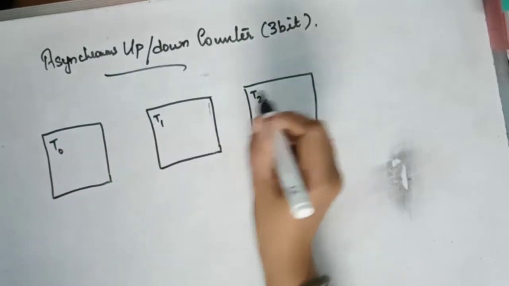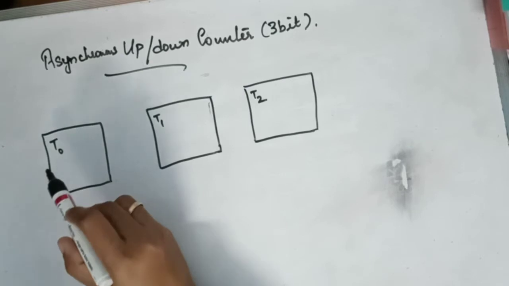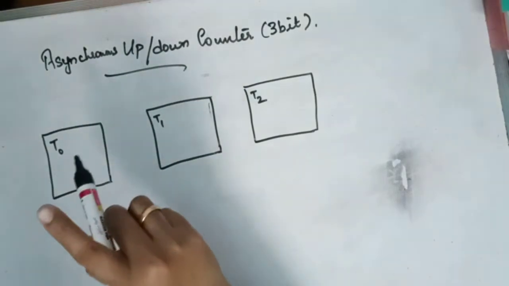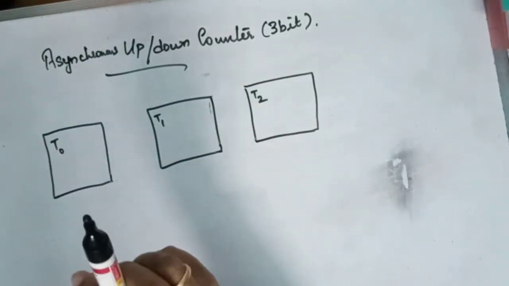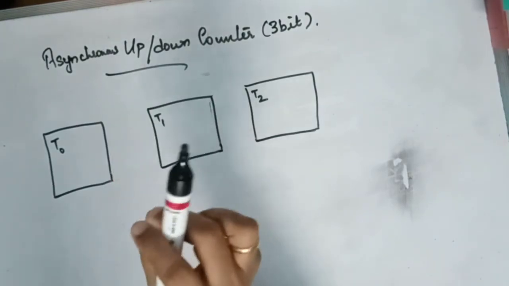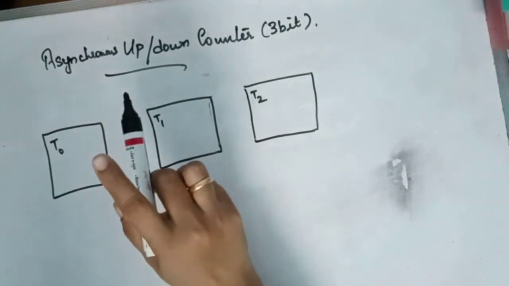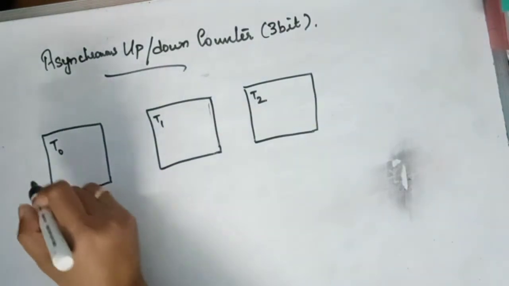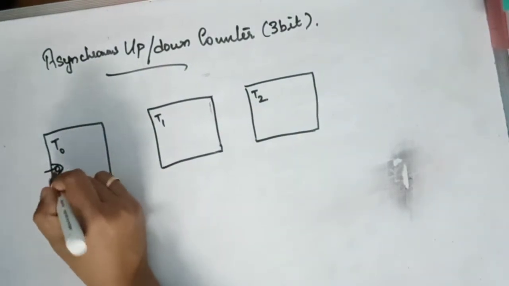You will be keeping the LSB flip-flop here. Why? Because with every clock pulse, the bit that changes with every clock pulse is the LSB bit. So you are applying the clock directly to the LSB flip-flop,